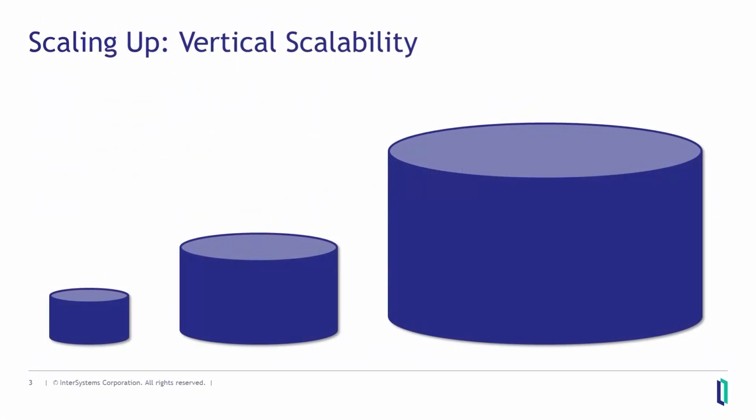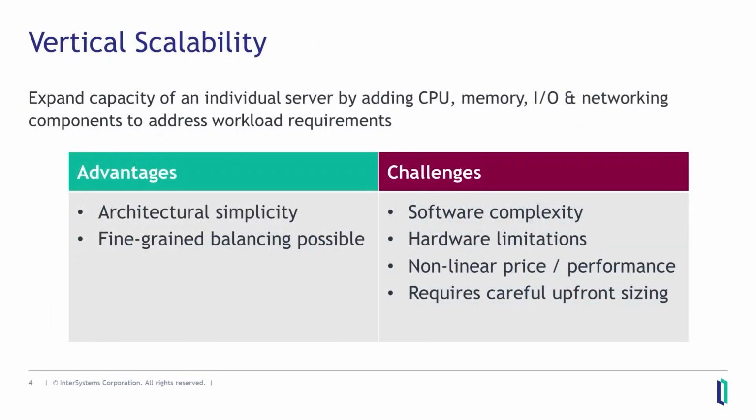We'll start by talking about vertical scalability, which has been around longer both in the industry and with InterSystems, and InterSystems has from day one excelled in this area. Vertical scalability, as the picture implies, is a relatively simple matter of throwing bigger and bigger machines as your problem gets bigger and bigger. So expand the capability of an individual server by adding CPU, memory, I/O, and networking capability,